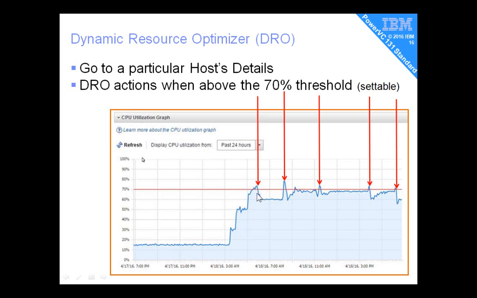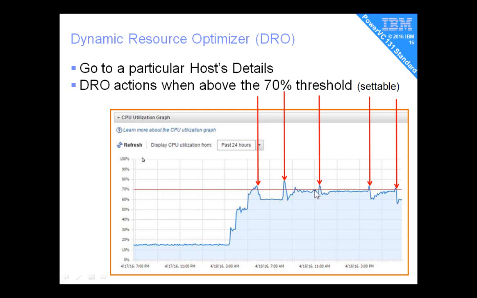So you can see here it dips down drastically. We've moved the LPAR to somewhere else, so this machine now has less work to do, and down it goes, and it carries on running for a while. Then some workload again peaks up, and then we move that off the machine, and then it ripples up. You can see there's a little peak in here over the top, but it comes back quick enough so we don't